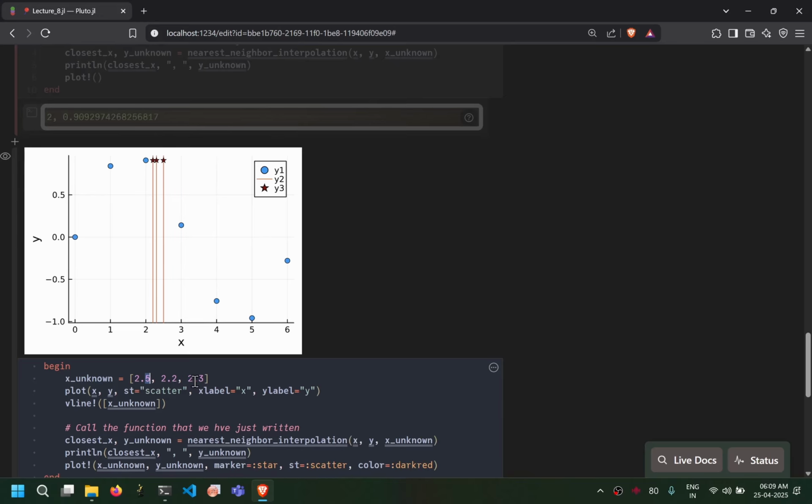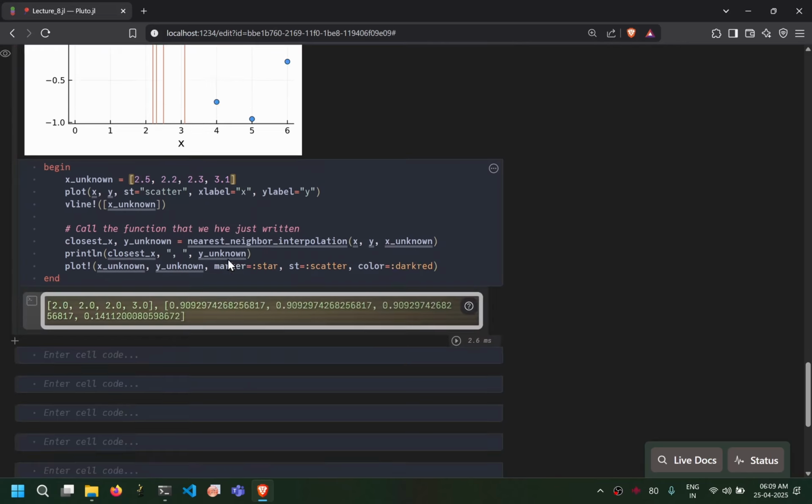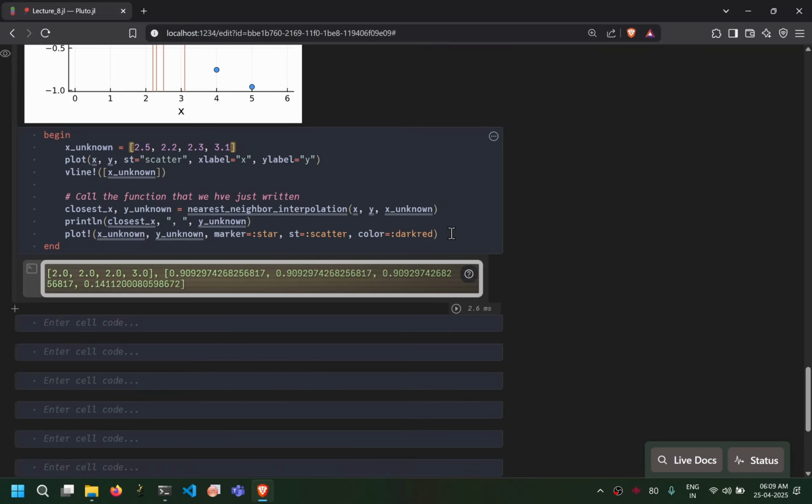Similarly, x 2.2 and 2.3 both had the closest value to be 2. If we just add one element at 3.1, you will see that it will choose the closest value to be this one, and the estimation will be here. Okay, so let me